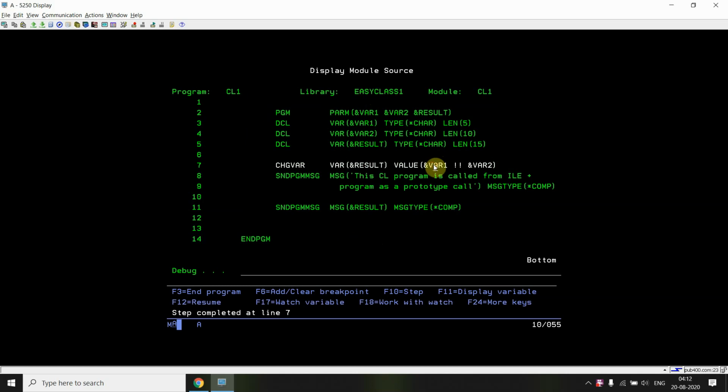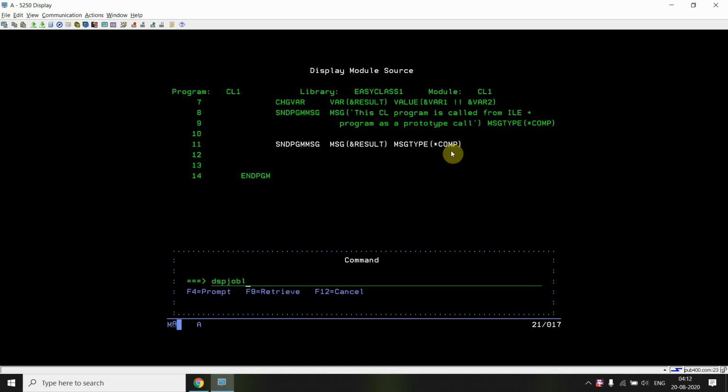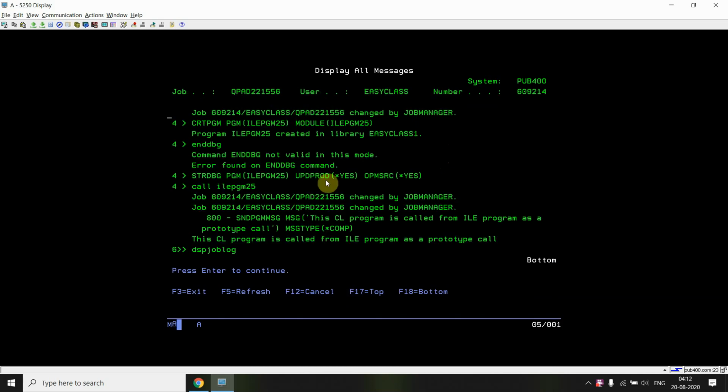Here we see var1 and var2, and we are concatenating. So the result is 1 or 2. Now this will send the program message. If we switch off the log, you can see this was executed, and this sends a message.